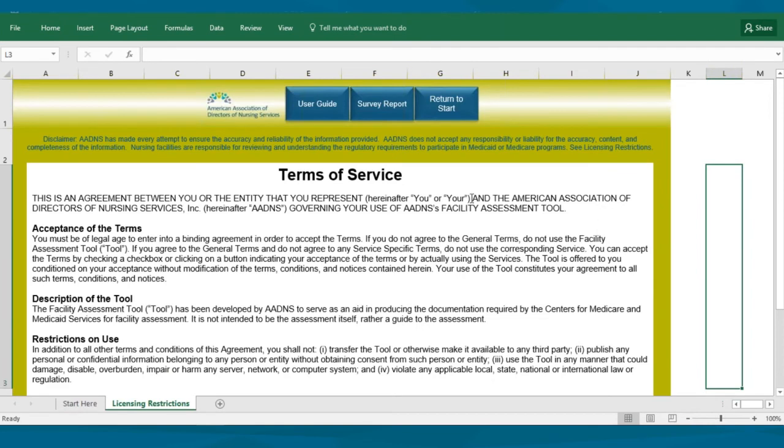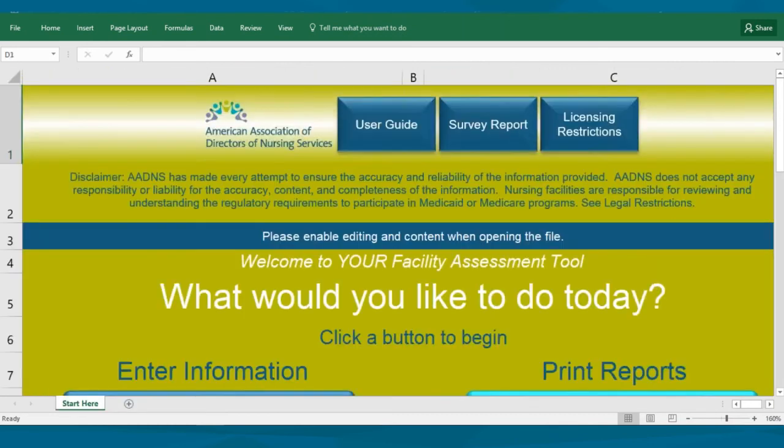This is a terms of agreement, and this tool is intended to be purchased for one facility and for your interdisciplinary team to work on this. And also, it is only as good as the information that you put into it. Just remember that. Next is when you purchase, you will get an Excel spreadsheet book and you will get a